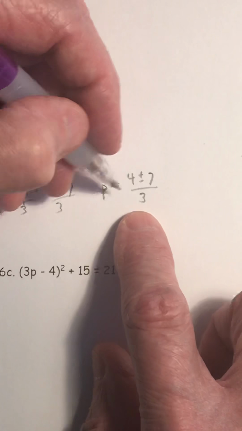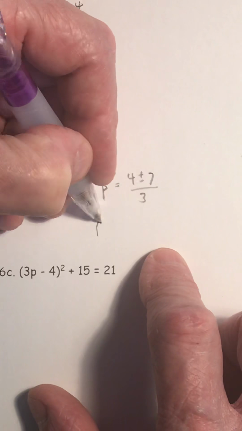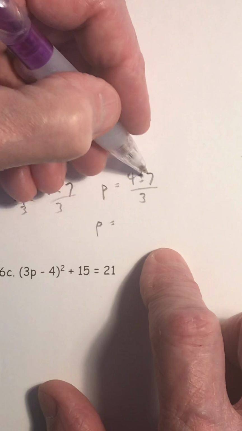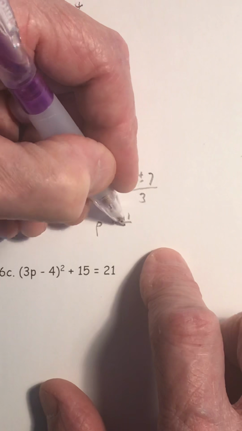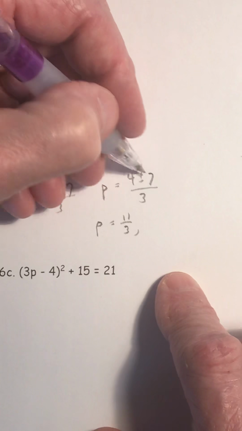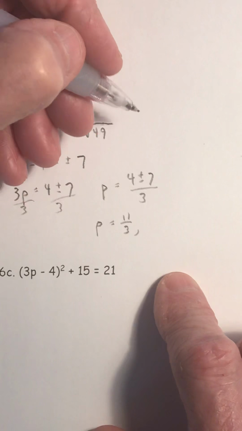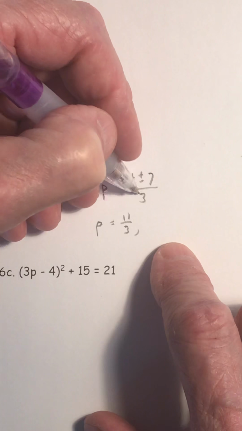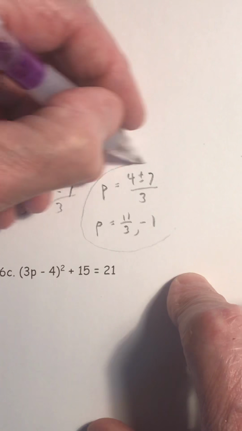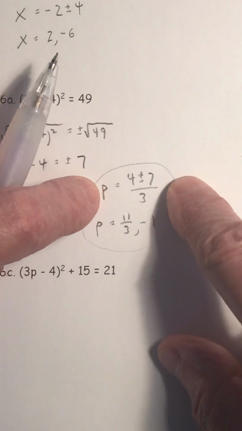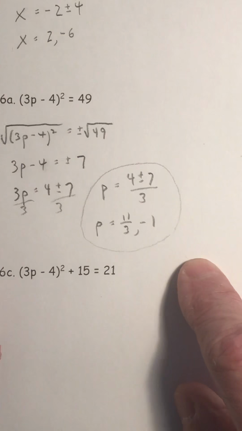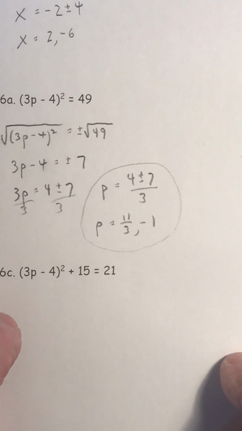Who knows? But I'm going to separate these into 2 solutions just so you can see how that works one more time. 4 plus 7 is 11. So 11 thirds is one solution. 4 minus 7 is negative 3. And negative 3 divided by positive 3 would be negative 1. So there's your solution written in that style, and there it is separated into 2 distinct values. Okay,